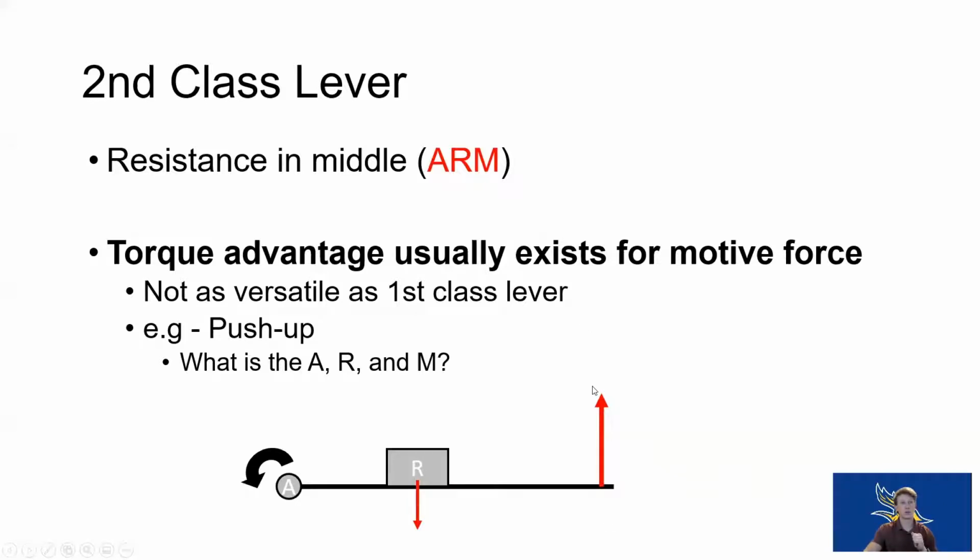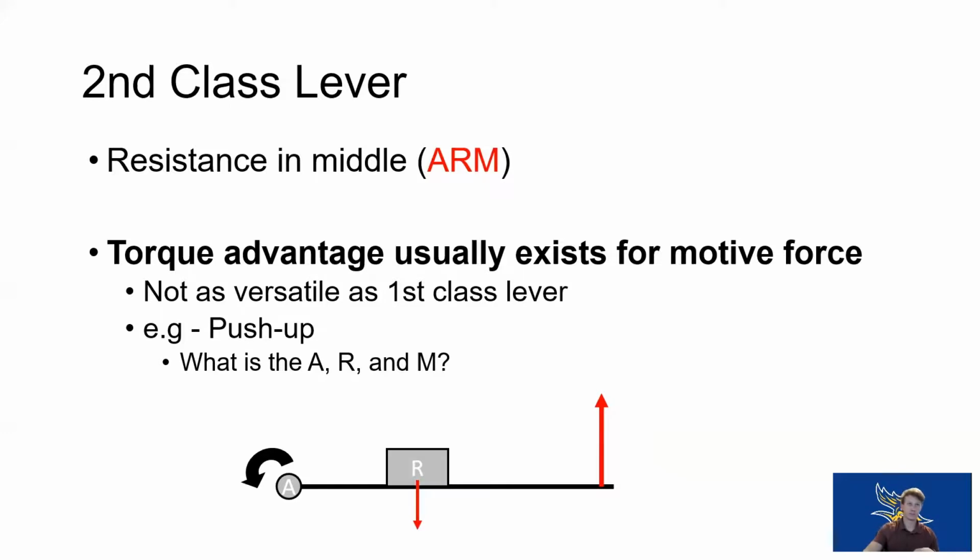We produce a force to push us up. The resistance is causing a weight that's pulling us down, and we can push up because less resistance is being applied to us compared to just lifting your entire body weight up. So you can compare a bench press with your body weight to a body weight push-up. Which one's easier? The push-up, because the resistance has less torque compared to where our motive force is, or